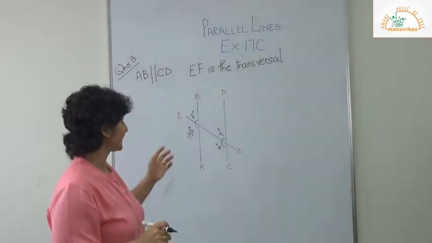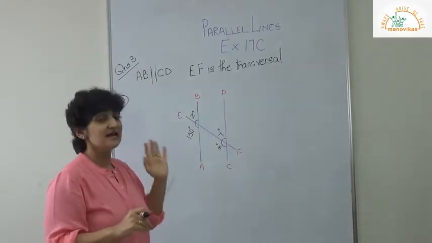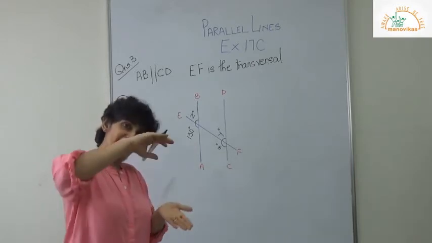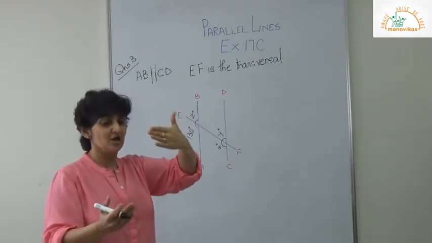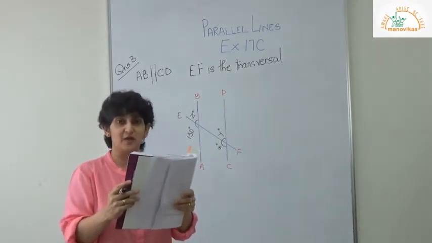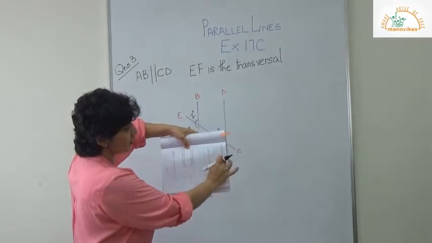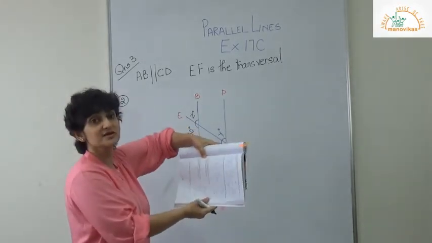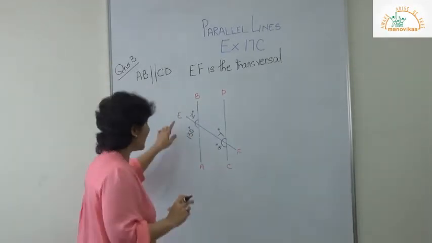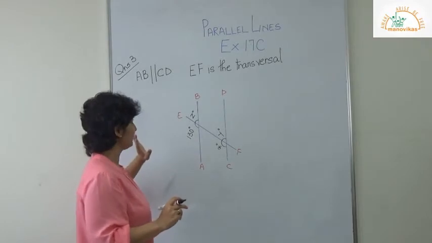Now question 3, second one, children. If you see, AB is parallel to CD, EF is your transversal, and your figure is like this. You can take the textbook and turn it to see it towards you. Like for example, if your textbook is this way, you know your figure is like this, children. So hold the figure like this so that you don't get confused. Clear? Alright, so now I know that I have 130 degrees which is given to me.